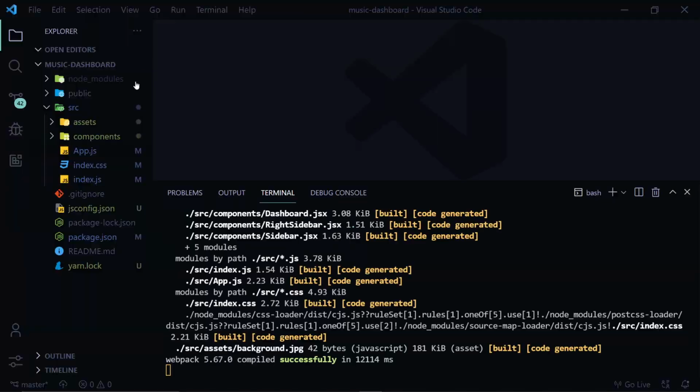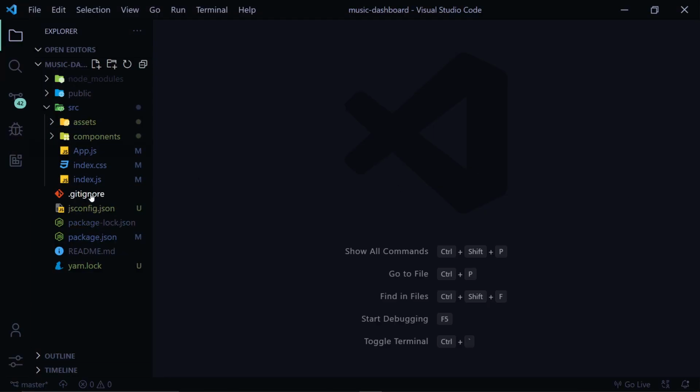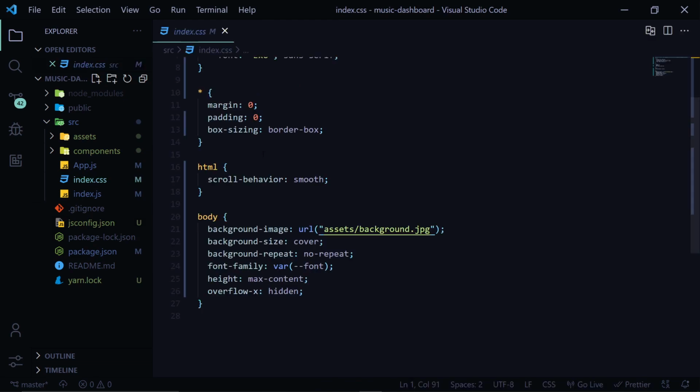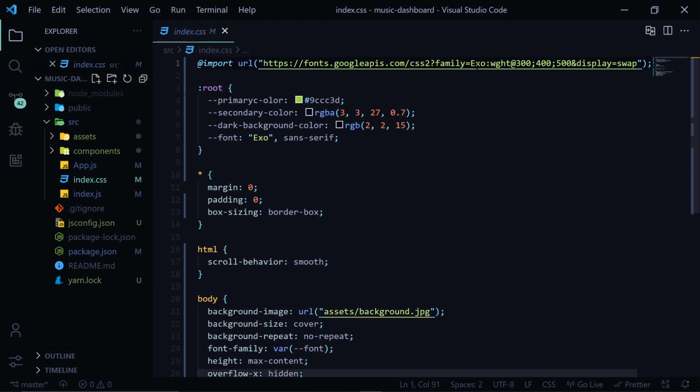So this is just the basic setup we had made in the template. I'll show you the files now. Inside this, I have removed all the clutter files we have when we create the React app. Now we have this JSON config for the absolute imports. Now inside the index.css, we have imported the Exo fonts from fonts.google.com. Then we have some variables defined from the root selector. Then this is going to be the primary color,